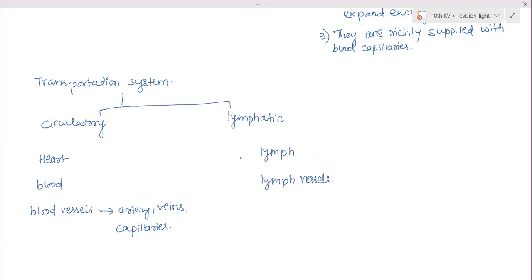Then blood vessels. Blood vessels are the thick pipe-like structures which carry blood towards or away from the heart, as well as the part through which the capillaries help in exchange of substances near every cell. Arteries carry blood away from the heart towards the body cells. Veins carry blood from body cells to the heart, and the capillaries are where the exchange of substances takes place. So this is all you explain.